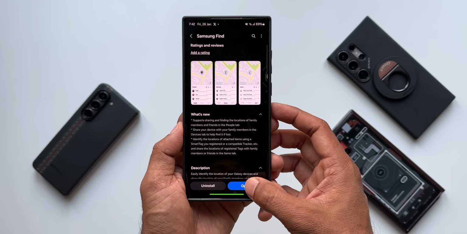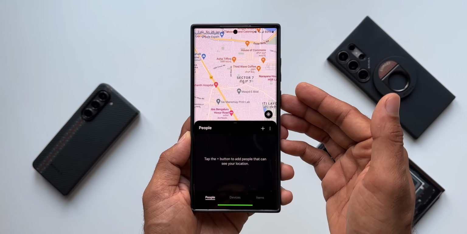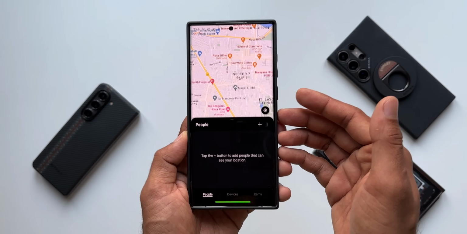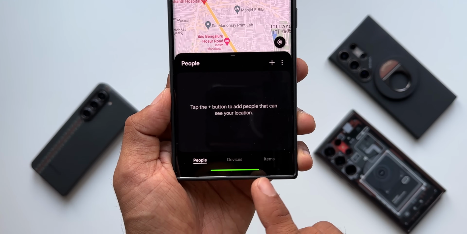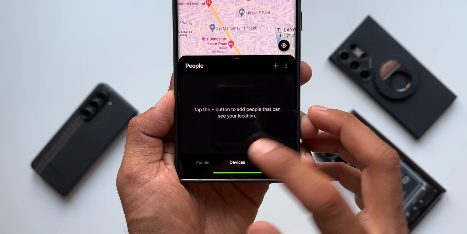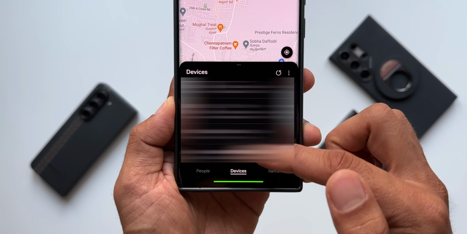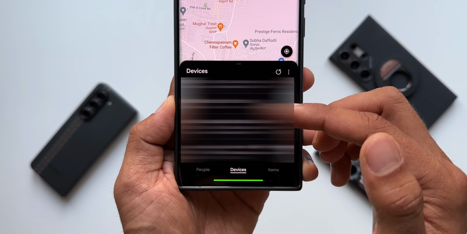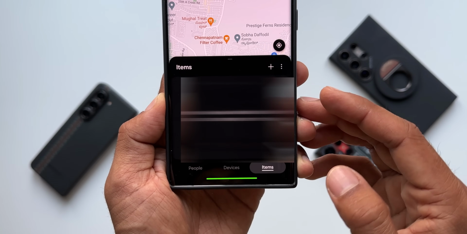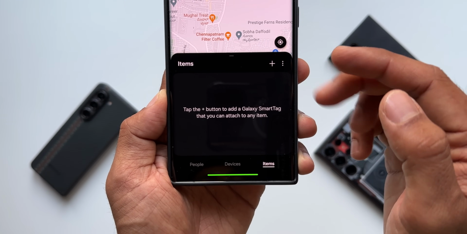Let me just open this application. As you can see, it's a very simple interface. It's an all new interface we have got. At the bottom we have got People, Devices and Items tab. Let me tap on Devices. You can see all my Galaxy devices, the phones, watch, buds, everything is listed here, and also the location is available right here. Now when I tap on Items tab, you can see we can tap on this plus button